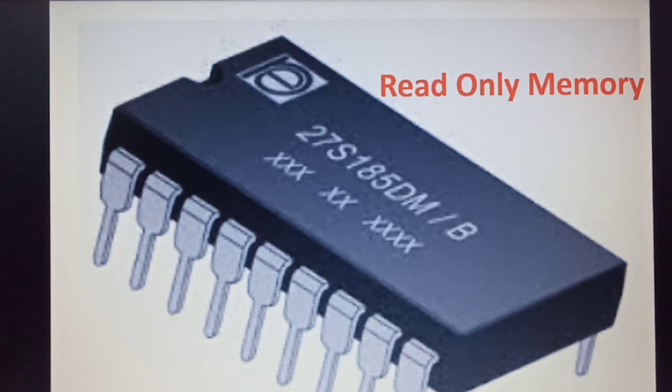Programmable read-only memory. The user can write the data once into programmable read-only memory. Erasing of data is not possible in programmable read-only memory. Erasable programmable read-only memory. The data written on erasable programmable read-only memory can be erased. Electrically erasable programmable read-only memory. The data written on electrically erasable programmable read-only memory can be overwritten electrically, making it one of the most popular ones, for example, the memory card.